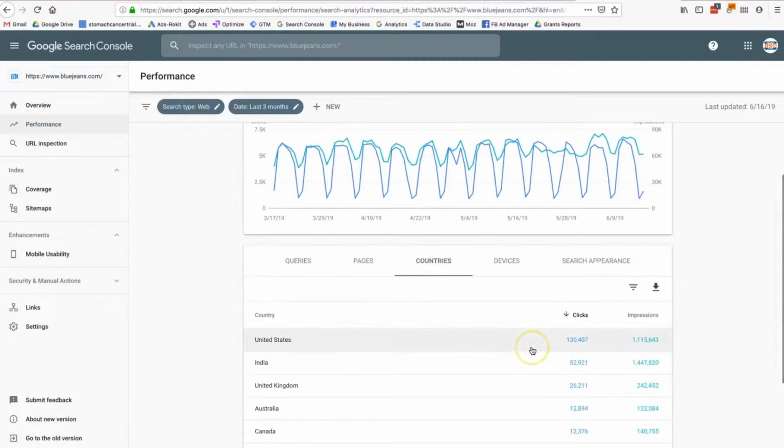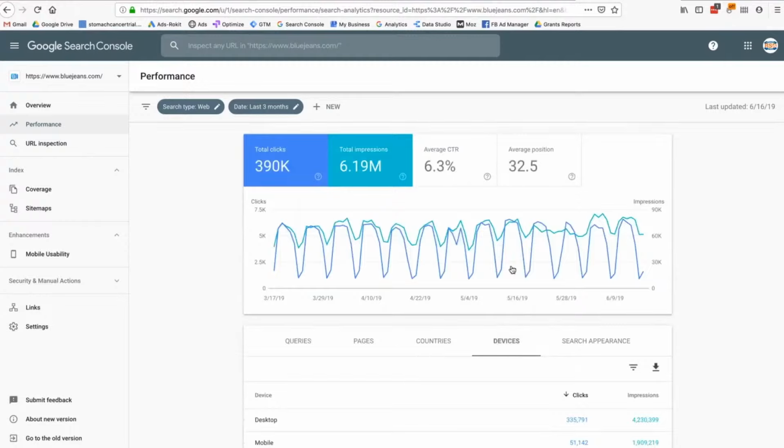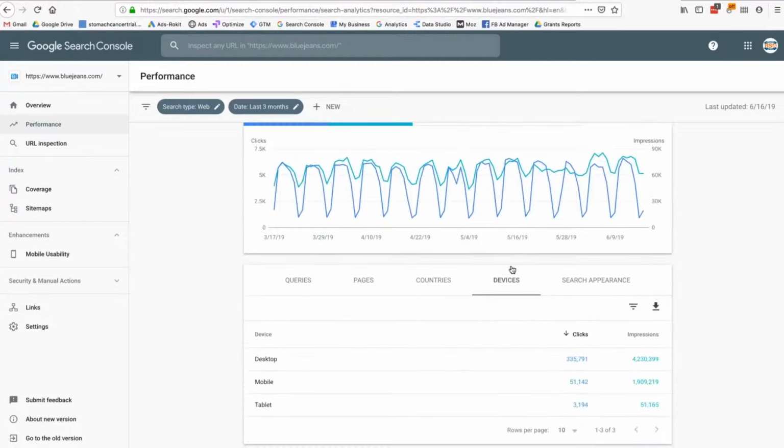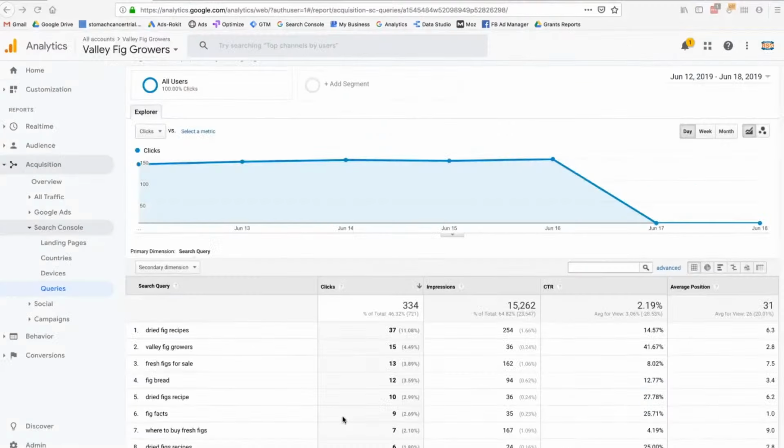So we can get a sense of how many impressions and clicks I'm receiving by country. And importantly, we can see by device. So here I can see a majority of the people who conduct a search related to my website primarily do it on desktop. Now, I mentioned the beauty of the Google Search Console Performance Report is that you can link